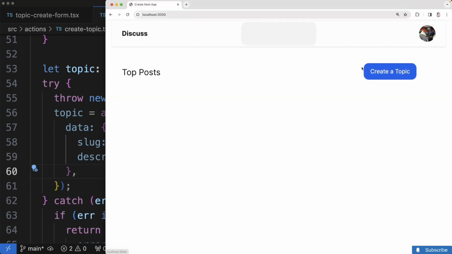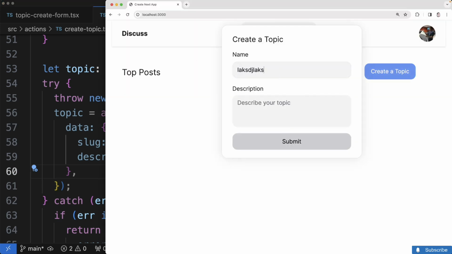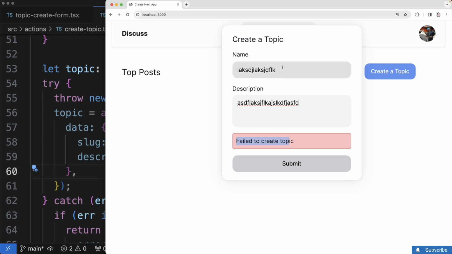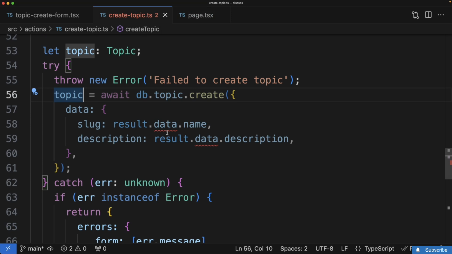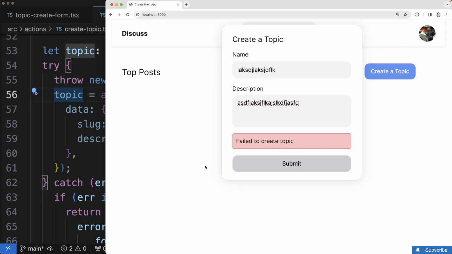I'll then go back over to the home page. I'll create a topic. I'll add in some name, some description, and submit. And there we go. So we got our error to show up. So if anything goes wrong now with the entire topic creation process, if the user enters invalid input for the name or description, if they're not logged in, if we just fail to save the record into the database, no matter what, we've got it covered. We're going to handle every kind of error possibly imaginable,